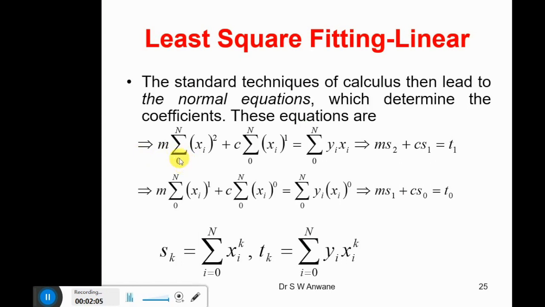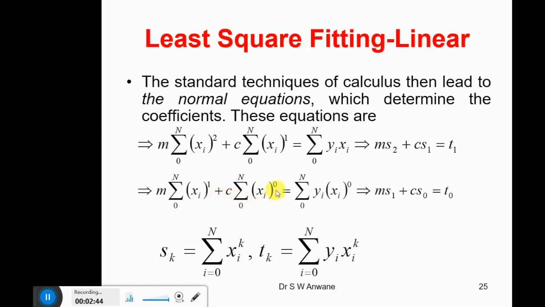Summation which rolls from 0 to capital N, where capital N is the number of data points you are collecting in the laboratory and considering them to plot, or to find the equation of a line. So summation xi square plus c times summation xi to the power 1, I have purposefully written this, is equal to summation xi yi. The second equation yields m times summation xi to the power 1 plus c into summation